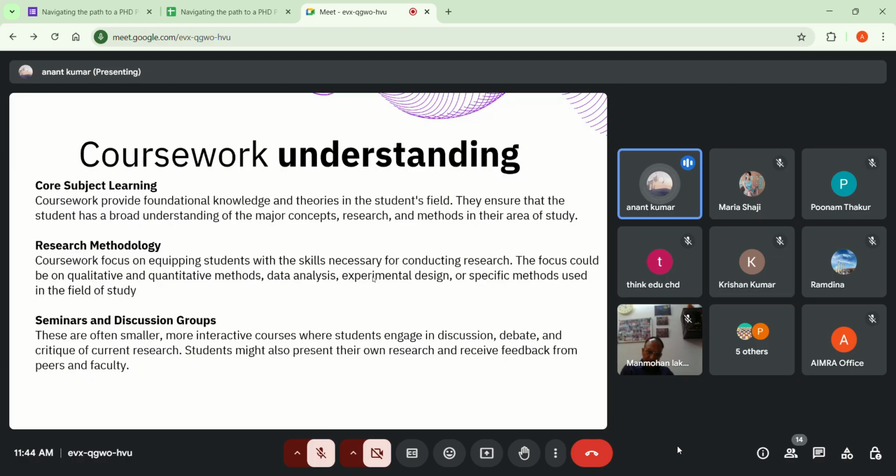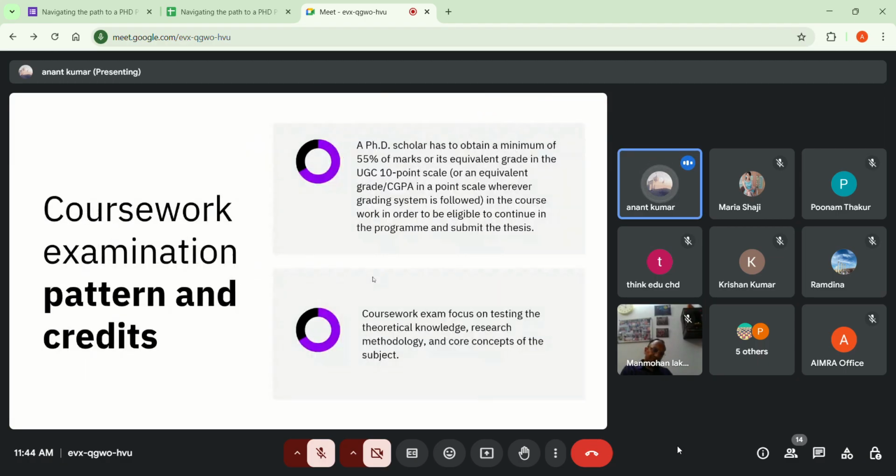इसमें आपको बताया जाता है स्पेसिफिकली कि आपने रिसर्च को कैसे बनाना है, उसमें क्या फोकस करना है, डेटा एनालिसिस कैसे करना है, मेथड्स क्या रहेंगे डेटा कलेक्ट करने के लिए, डिजाइन्स कैसे बनाने हैं, और वो सारी इंपॉर्टेंट थिंग्स. उसमें आपके सेमिनार्स भी हो सकते हैं, रिसर्च एंड डिस्कशन ग्रुप्स भी बन सकते हैं, and all those things which are part of the coursework. It is a foundation which will help you complete your entire research in the coming years.